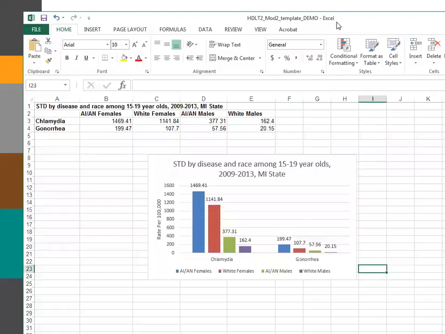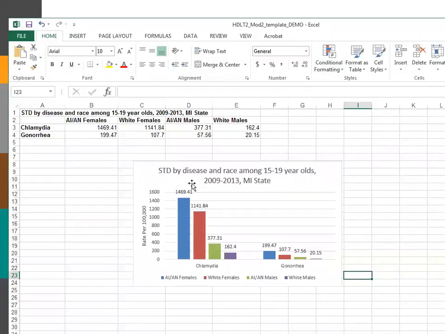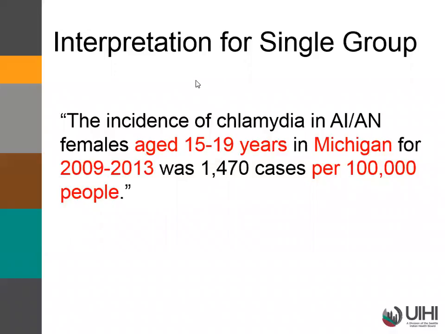So for the interpretation for a single group, we're going to focus on Native females who have been diagnosed with chlamydia. And so we're looking at the blue column of 1,470 cases. And so one way that we can interpret this is to say that the incidence of chlamydia in American Indian and Alaska Native females aged 15 to 19 years in Michigan for 2009 to 2013 was 1,470 cases